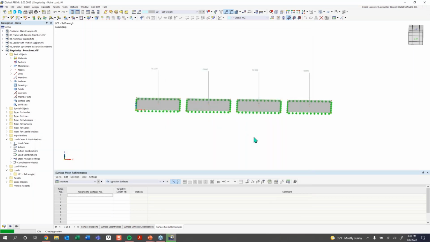Never want to have something happen and you don't have your model saved. There's always backups created, but it's always good to save often. Target FE length is going to be, for this first mesh refinement, 7, and then we're going to make 1.4, 1.25,